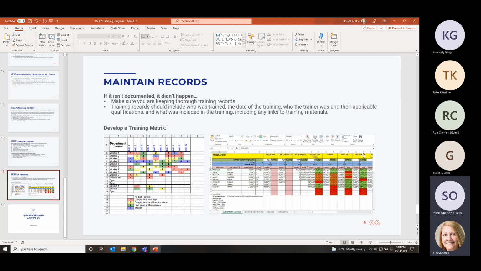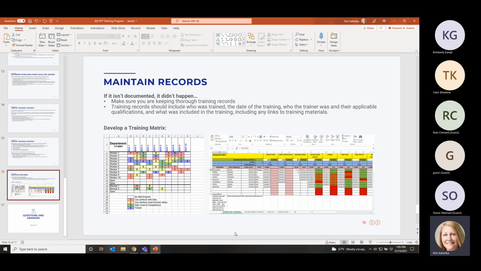Again, it doesn't need to be complicated. You probably shouldn't do more than 24 types of training, I wouldn't think, or you're going to be super, super busy, and it would take you a full year to cycle through those. So you can highlight it by who missed it, who attended it, who's late for it, and that kind of stuff. And then if you look up here, you can also list when the refresher is.